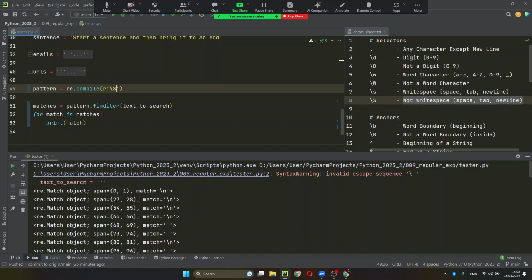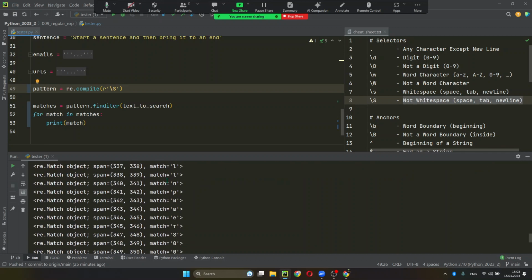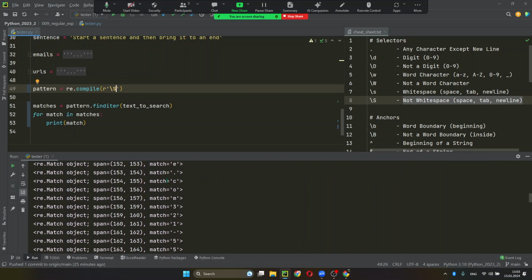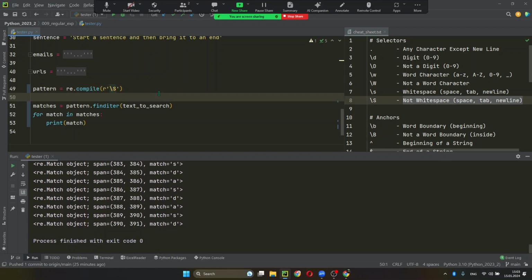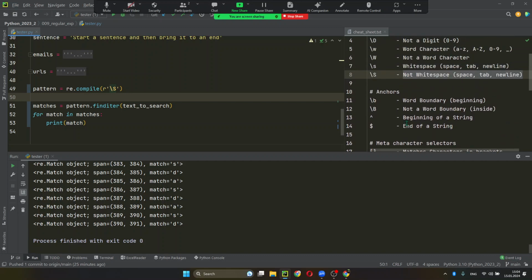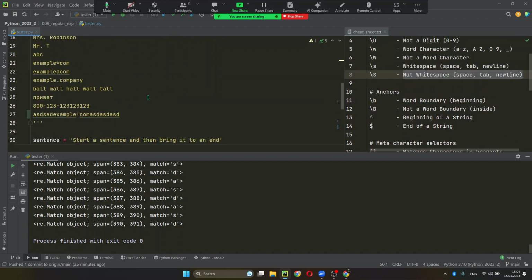We can do it like that, and we get all of the other symbols, but not spaces, tabs, and new lines. Right, so this can be used with other